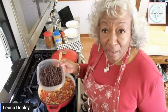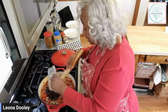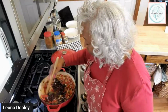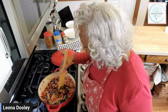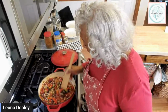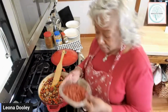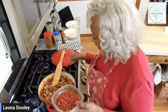All right, so now we have black beans. We're going to add 1 can of rinsed black beans. All of these beans, except for the chili beans, have been rinsed. The garbanzos were rinsed. The chili beans, I left them in their juice purposely. But the garbanzos, the red kidney beans, all of those are going to be delicious. Now, I have a plain can of little small red kidney beans that I'm going to